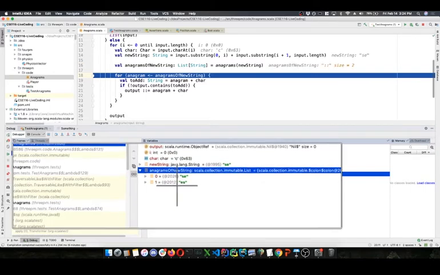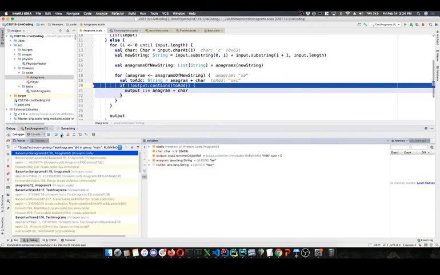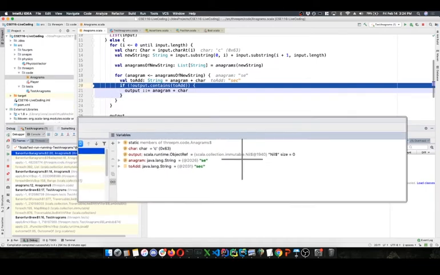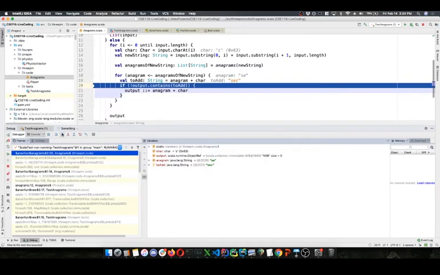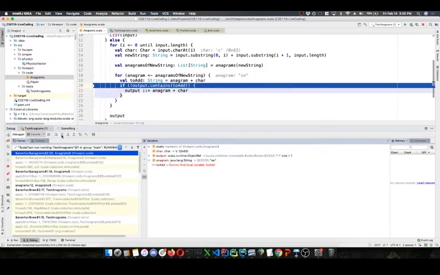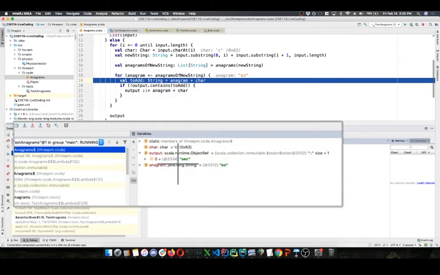We have our anagrams of that new string, and we want to append C to the end of each of these to get our new anagrams. And at this point, I could have mentioned this at any time, but I want to talk about it right here. So SE, we're going to add that C to the end to get this first one. So we're going to add SEC, our first value added to the final output on our top level recursive call.